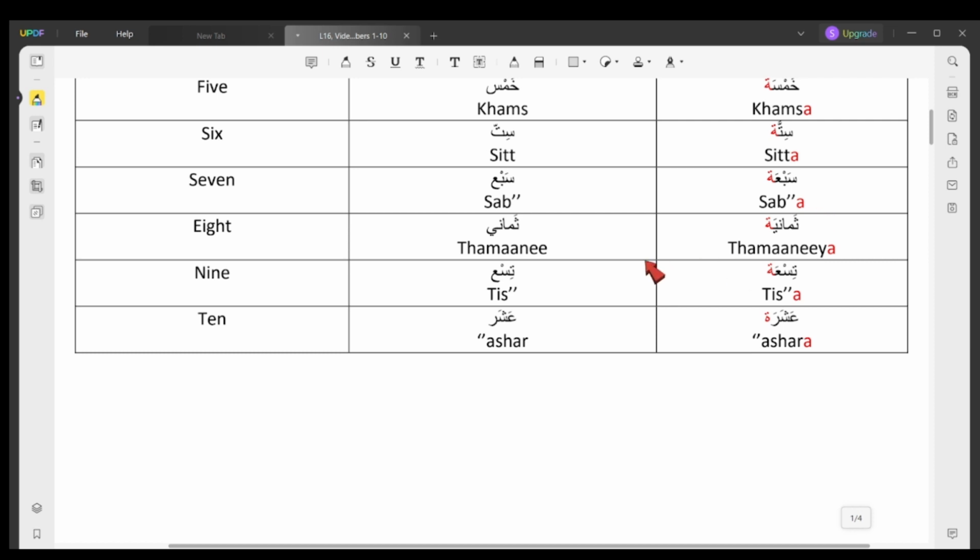The number 8, thamani. And the feminine, thamaniya. The number 9, tis'a. And the feminine, tis'a. And the number 10, ashar. And the feminine, ashara. Alright, now let's move on to table 2 to see how we can use these numbers